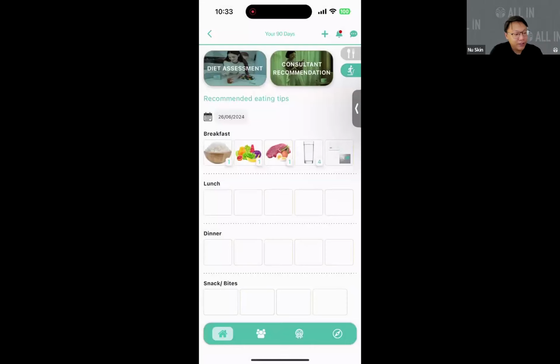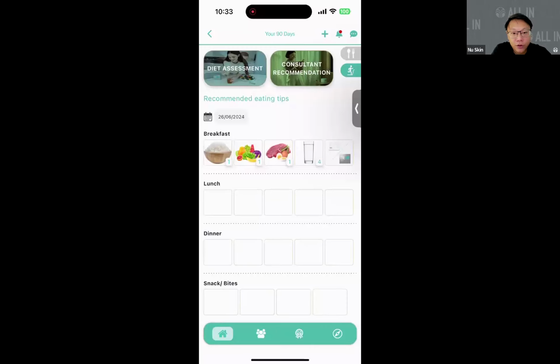So now you see icons starting to appear in the meal intake page. Those numbers at the bottom right of each icon simply represent the quantity of the different categories that you have selected. If you remember just now, I selected 4 glasses of water.